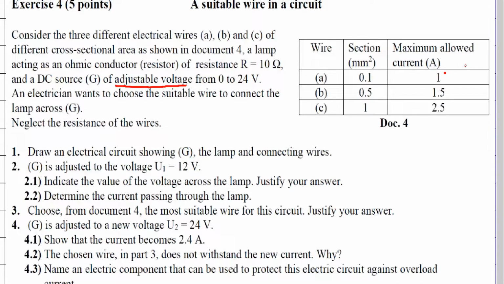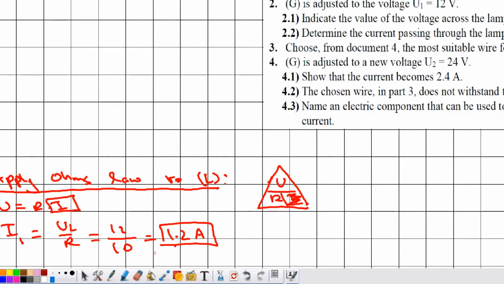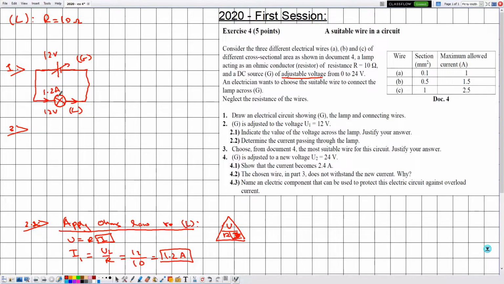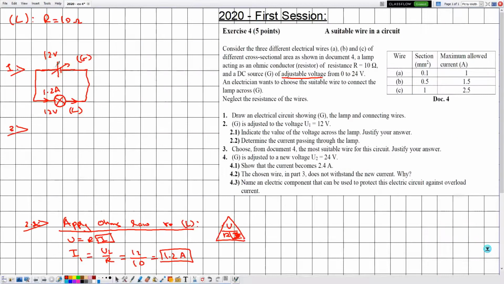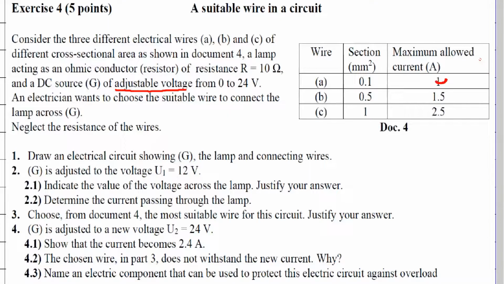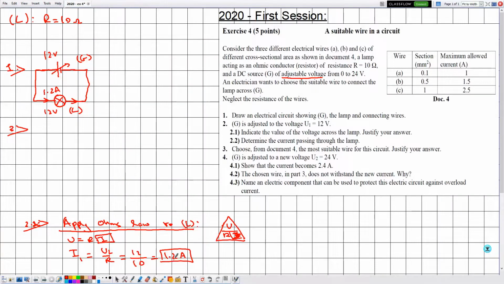So 1 should be eliminated because this wire can handle only 1 ampere, whereas the traversing current that we want is given by 1.2 amperes. Remember that we are trying to build a circuit that is being traversed by 1.2 amperes, so we need to choose the wires that will be suitable for such a lamp and such a circuit, when the voltage for sure is given by 12 volts. Now since this is being eliminated, this works and this works, but this is more convenient since it's slightly greater than 1.2 amperes. Then let's justify and say the most suitable